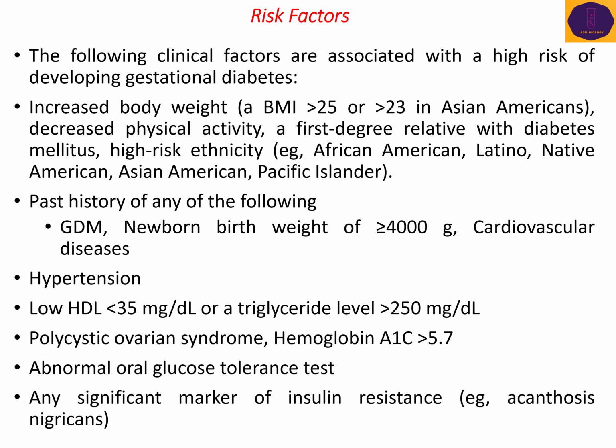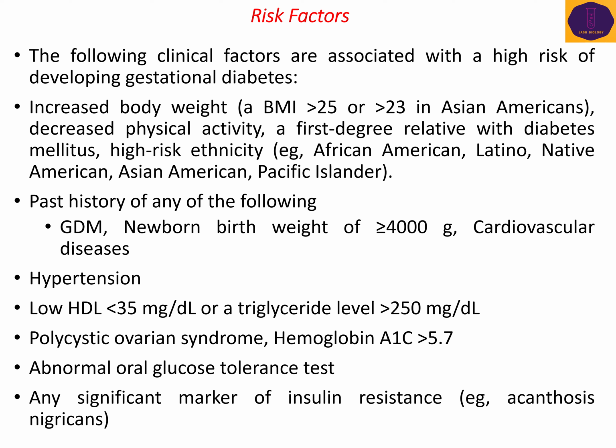The following clinical factors are associated with gestational diabetes mellitus: increased body weight, that is a high BMI, body mass index higher than 25, or 23 in Asian Americans; decreased physical activity; a first degree relative with diabetes mellitus, be it your father or mother; high risk ethnicity, that is African American, Latino, Native American, Asian American, Pacific Islanders; past history of any of the following, that is gestational diabetes mellitus, newborn birth weight of greater than or equal